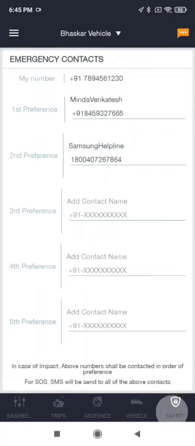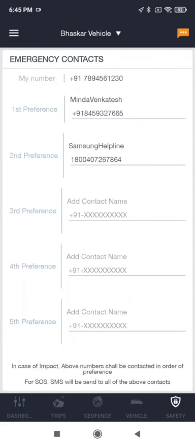The last section on the dashboard is safety. In the safety section, it is recommended that user fill in all 5 details, all 5 contact numbers in the order of their preferences. If in case of distress or SOS, the person need to be contacted, then they will be contacted in the order of preference which is mentioned here. It is recommended that you give contact permission to the application at all time.